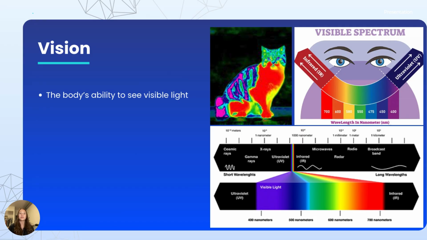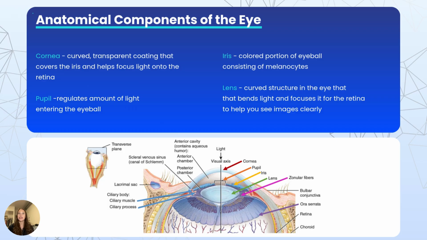Vision is the body's ability to see visible light, and that is between about 400 and 700 nanometers. So, the anatomical components of the eye include the cornea, which is the curved, transparent coating that covers the iris and helps focus light onto the retina, the pupil, which regulates the amount of light entering the eyeball,